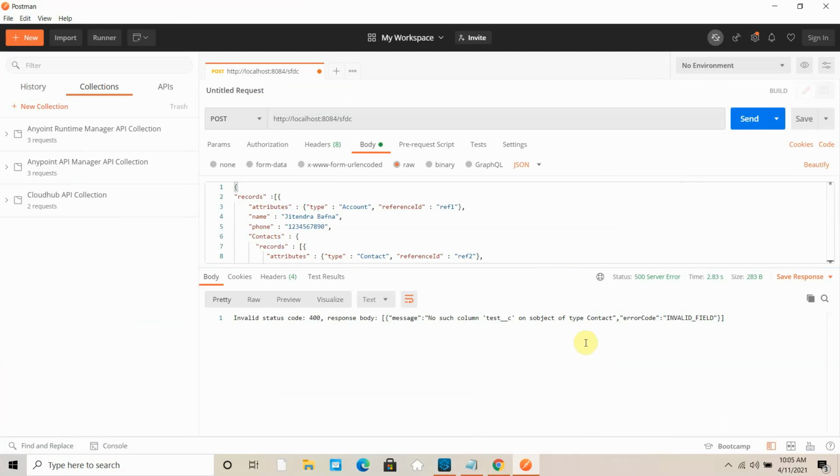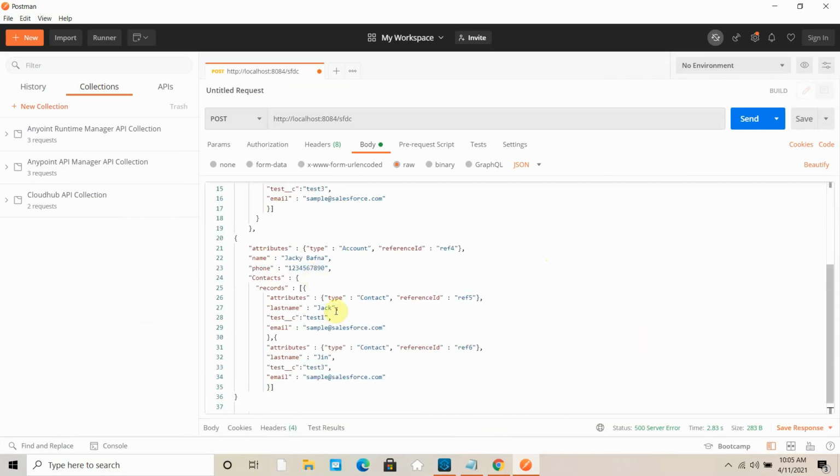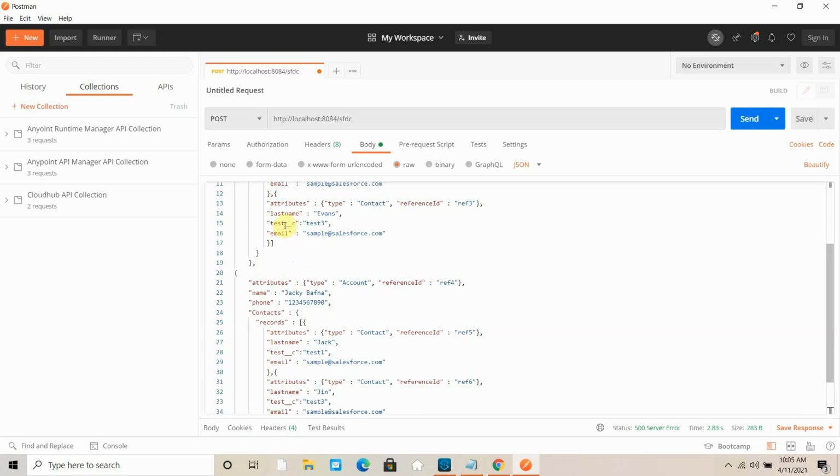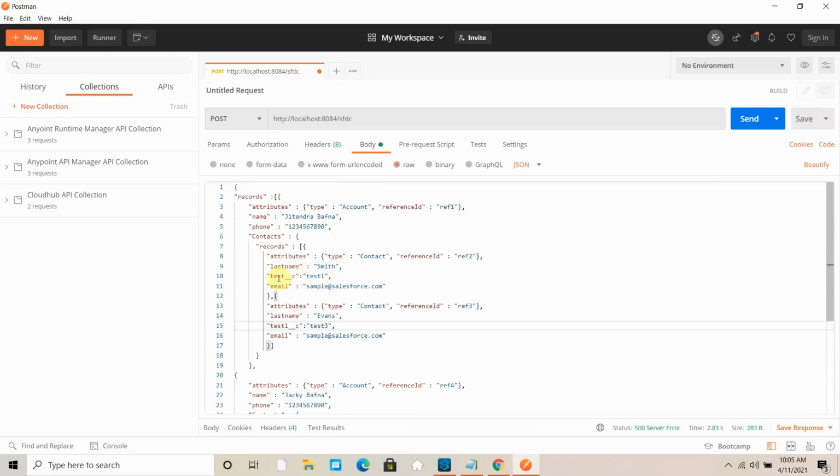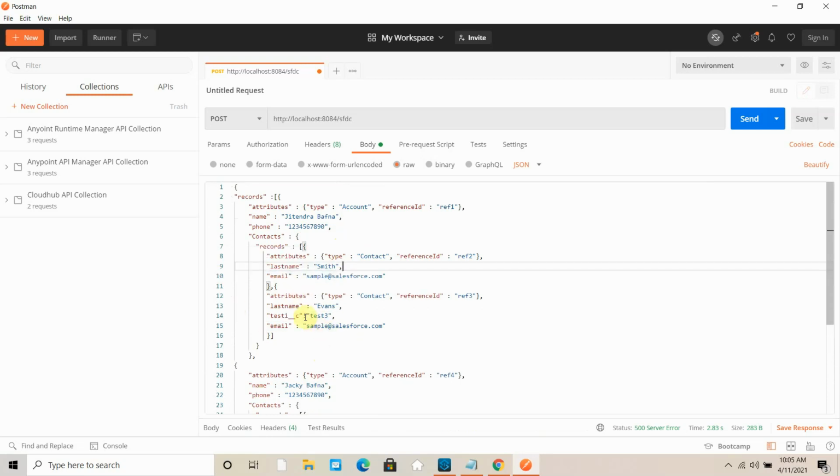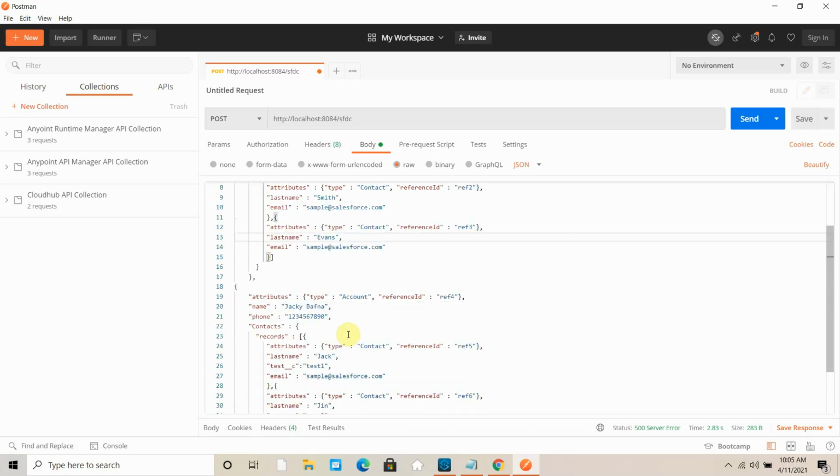Okay, invalid field test cc. I know what the problem is. It must be test 1c. Or what I will do, I will remove this. You can remove this because this is the mandatory field.